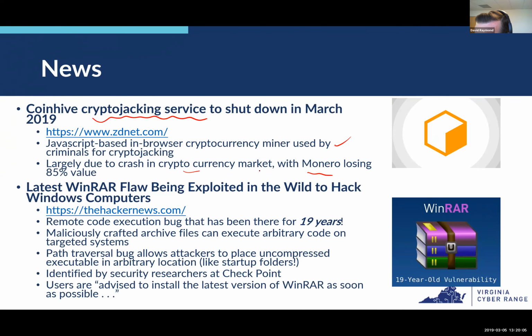So the cryptocurrency market crashed, and we saw this really starting late last year. The value of Bitcoin was up in the $18,000 to $20,000 range. Now it's closer to $4,000 or less. The value of Bitcoin is actually less than what it costs to mine Bitcoin. And unless the cryptocurrency market improves significantly in the relatively near future, this could be the tip of the spear in terms of companies going by the wayside because it's not cost effective to mine cryptocurrency right now.